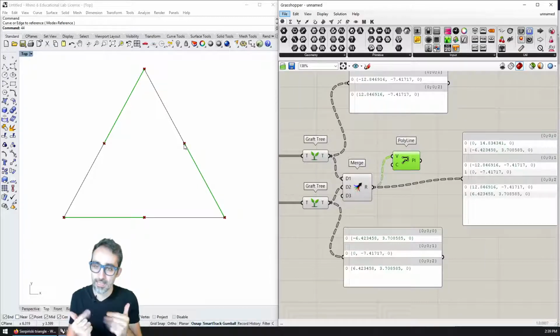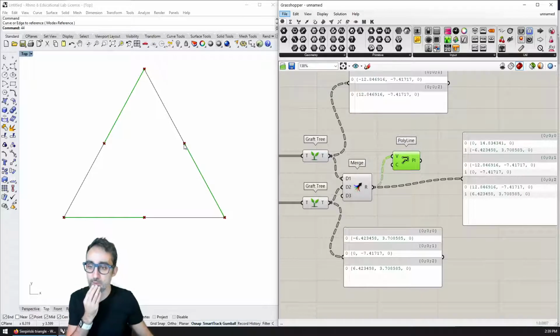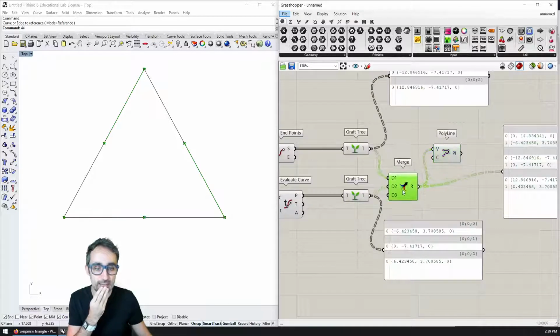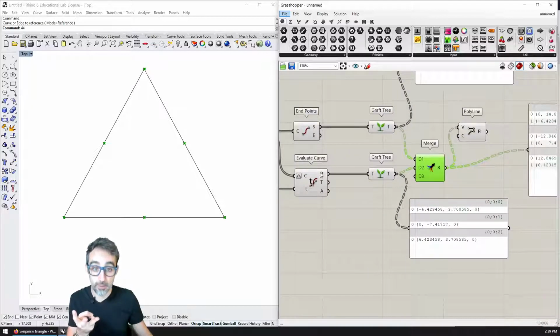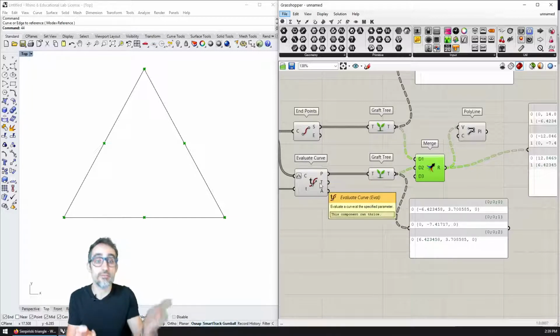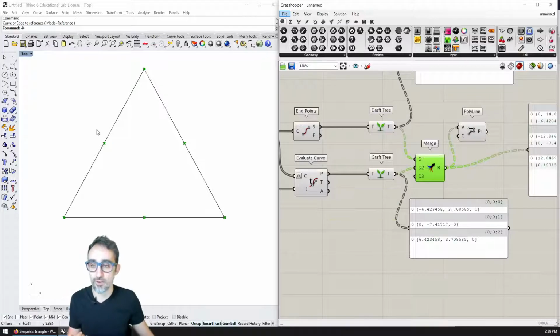Now, what is the next thing that I need to do? Well, the next point that I should add to each one of my 3 lists should also be a middle point, right? But it should be the one that is before each one of the vertices. So if I was looking at vertex 1 and then I was adding the one after, then what I need to do now is add the one right before.